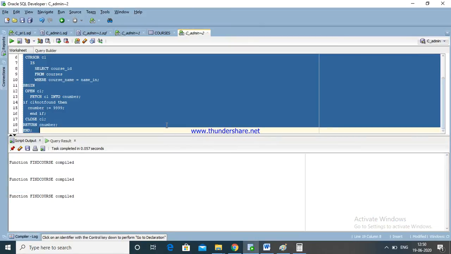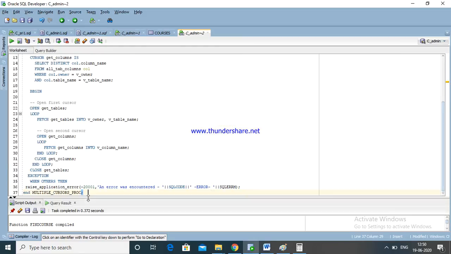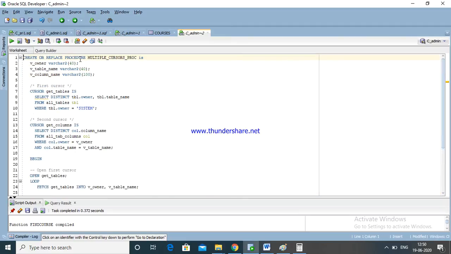Now going to paste, enter. Multiple cursors is compiled. What he has done, try to understand. The procedure and procedure name, multiple cursors procedure. These are our variables.